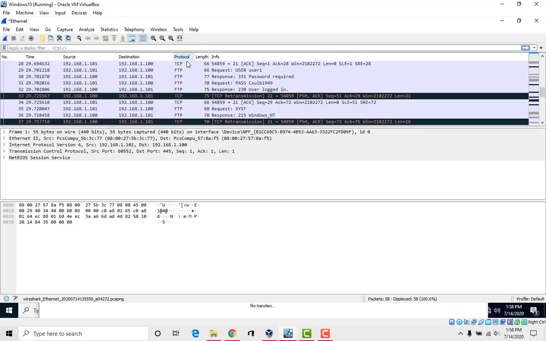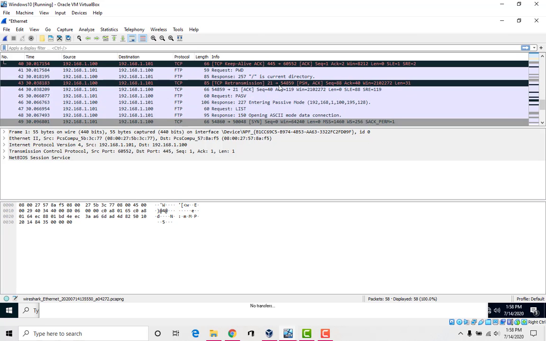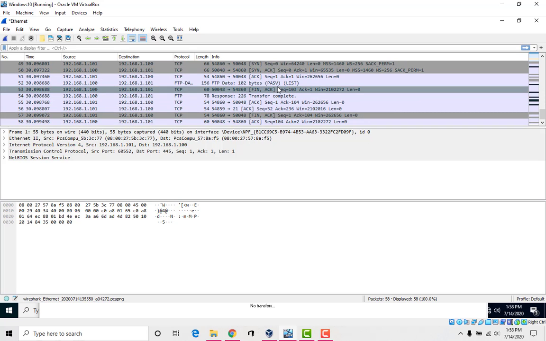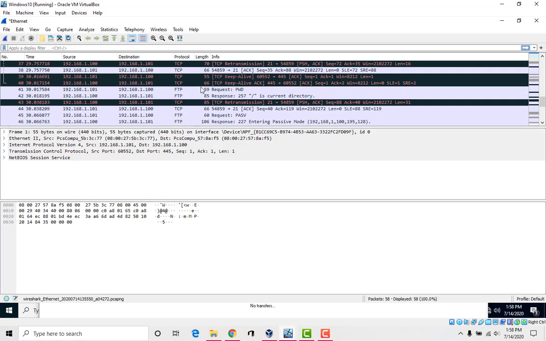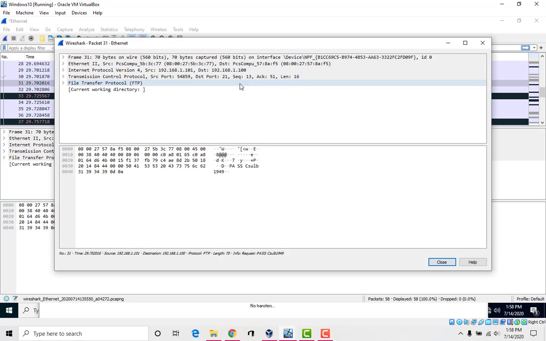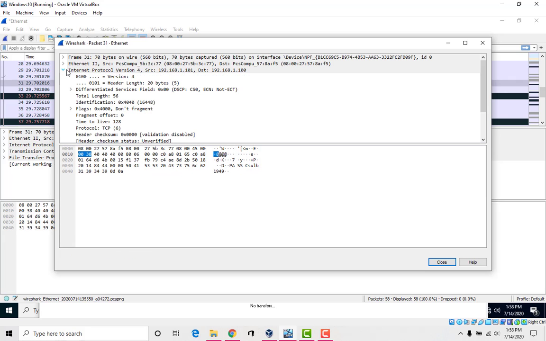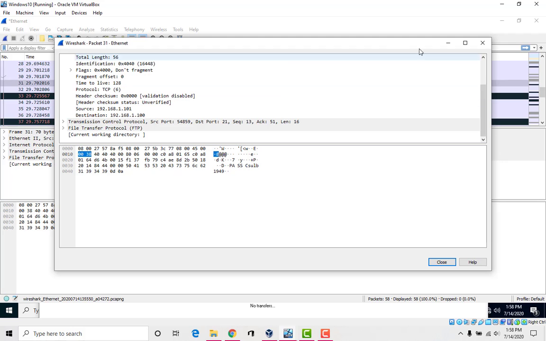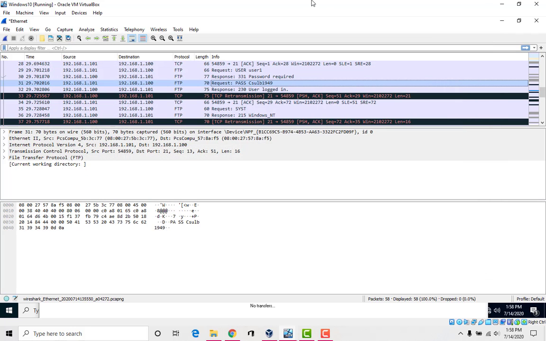So if you're working with unsecured things, you will be able to capture data over the network. Okay, so those are some of the things that you can do. And by the way, if it works the way that it used to work, you can double click the packet, and you can actually go in depth and look at everything that was happening at that particular moment. So this is an amazing tool.